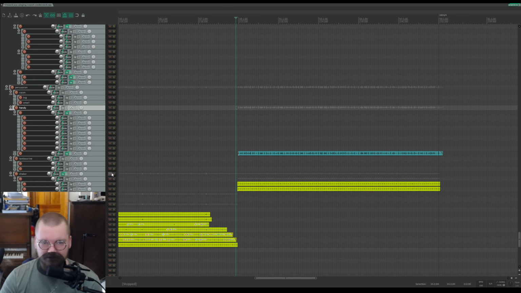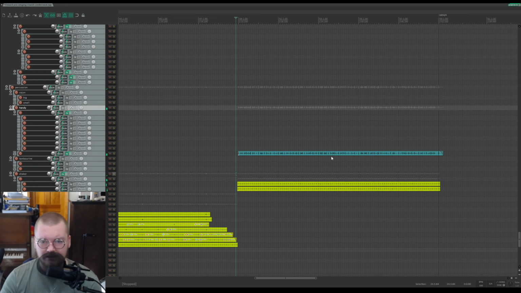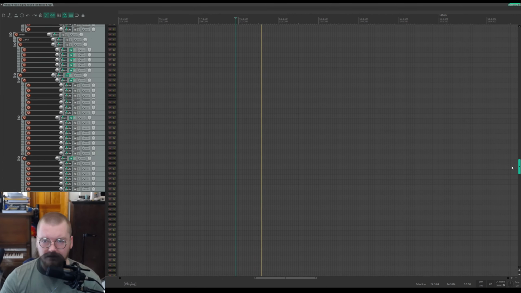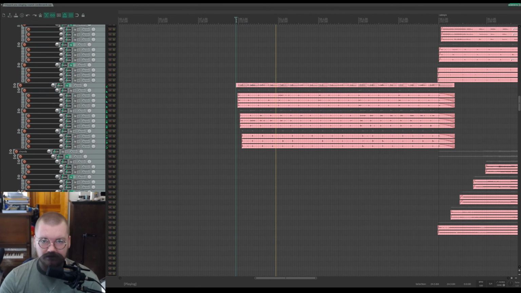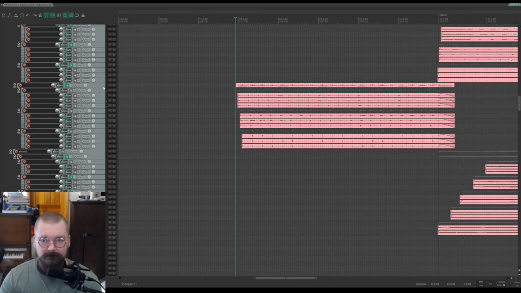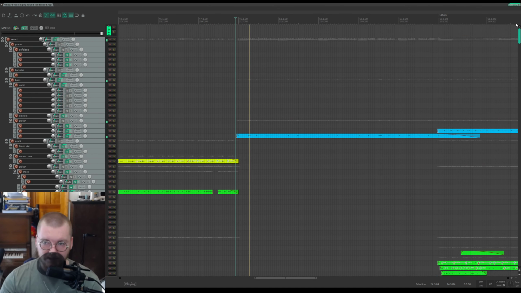And I also have some simple shakers, pan left and right. What else do I have going on? I have these vocals. Yes, now the voices are doing that 5/4 pattern the guitars had earlier. So that's kind of fun. Anything else? No, that's about it.